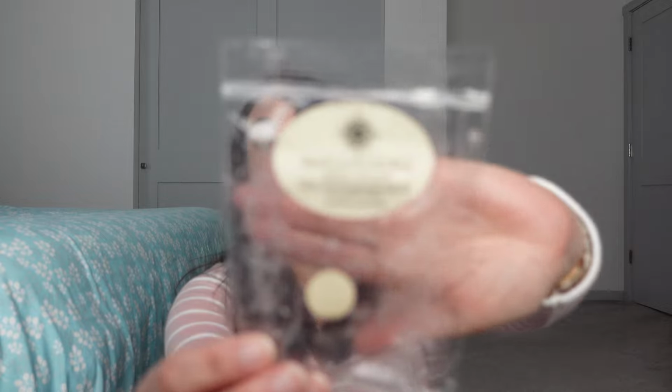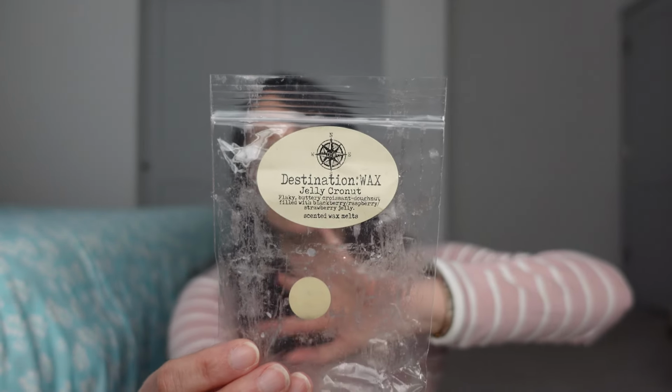I'm trying to group things together, so I'm picking things that I know I only have one of. From Destination Wax, this is Jelly Cronut. This is flaky, buttery croissant donut filled with blackberry, raspberry, and strawberry jelly. Jelly Cronut. This is a lot of jelly, and so what I felt this needed was a little more bakery in there. You get a touch of that croissant, but